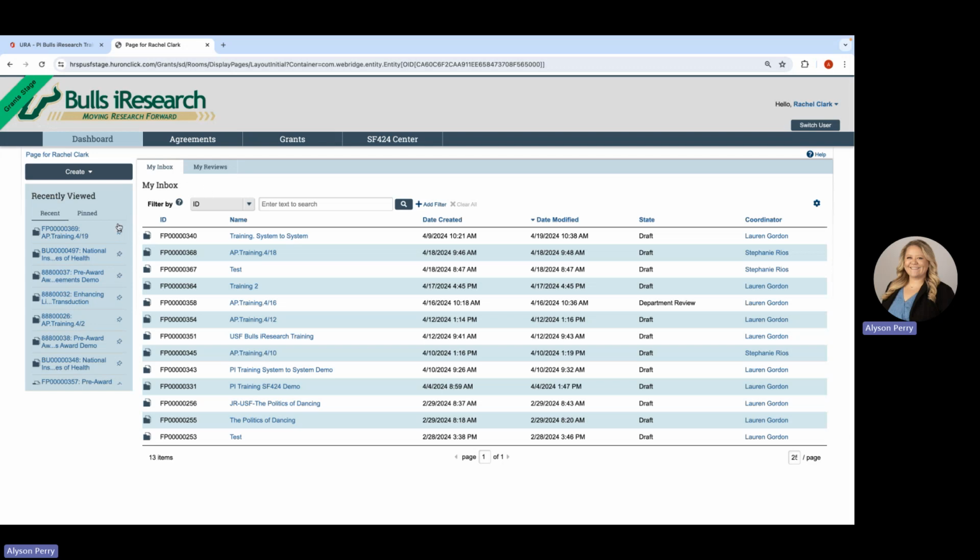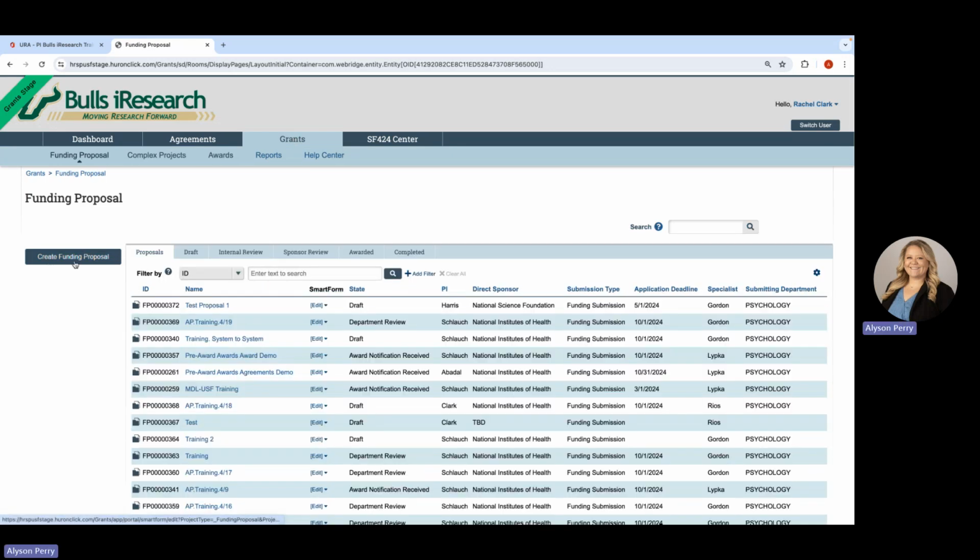And this is that little pin toggle. So if you select this button, it will then move it into your pinned items to help with navigation so you're not having to search through as many things. Now you'll see these little help bubbles all over the platform, and that's just to provide you assistance wherever is needed. So to create our proposals, we're going to navigate to the grants module,